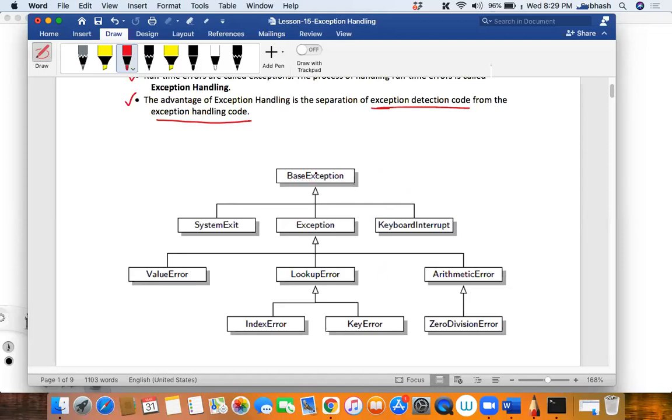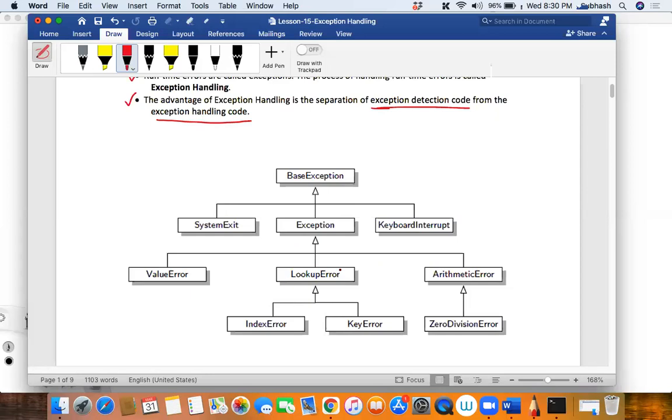So this is the base class. BaseException is a base class, and from that we have three more classes inherited. As you can see, this is an inheritance hierarchy, isn't it, my dear friends? How to write your own exception, I'll show you now, don't worry. Is this diagram, is this picture clear to all? Each class is used for handling or giving you different kinds of errors. I'll show you what all those are in a while.